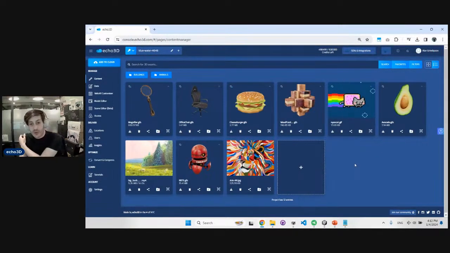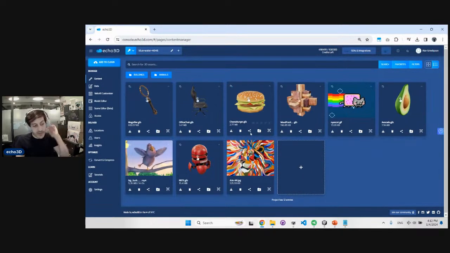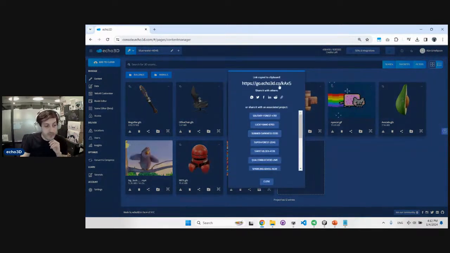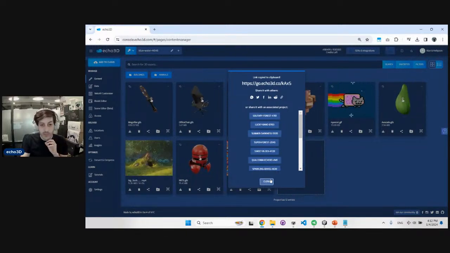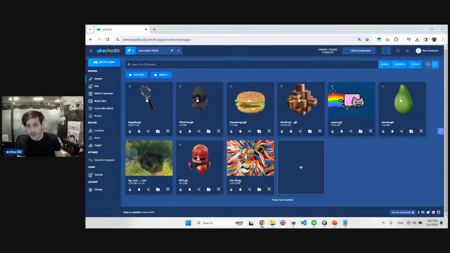So let's start with something super, super small. Let's see how we can view that model on our phones. So every asset you upload to Echo has this short link attached to it. Basically, it's a link that redirects you specifically to view that model on web. I'm going to share a link right here if anyone wants to see a model by themselves on their